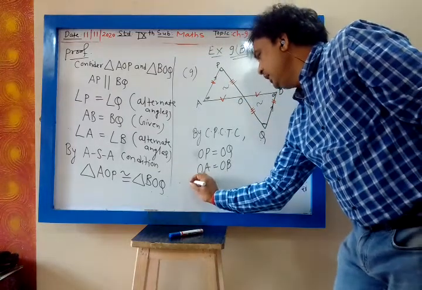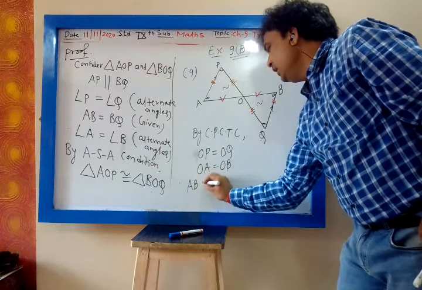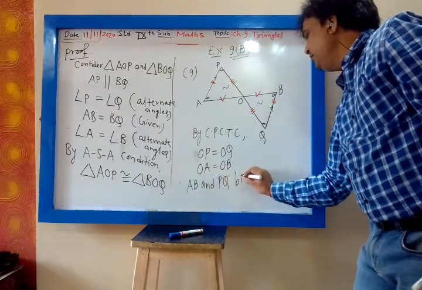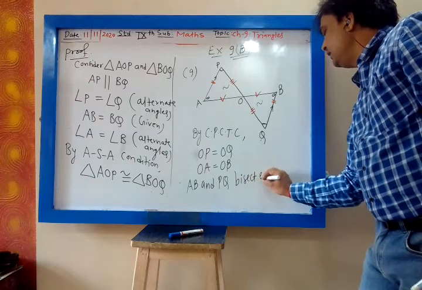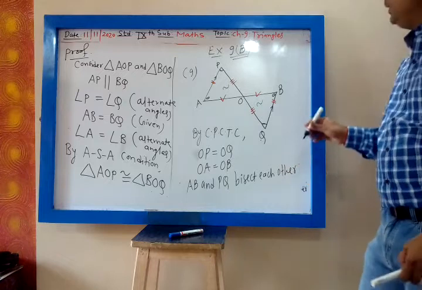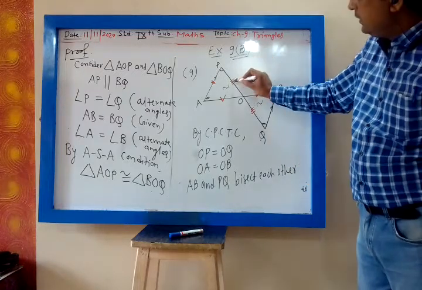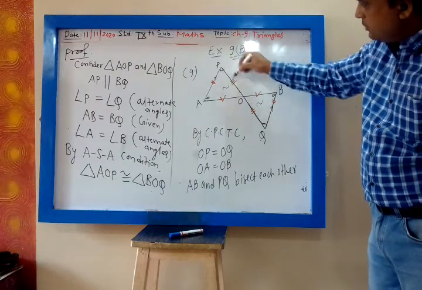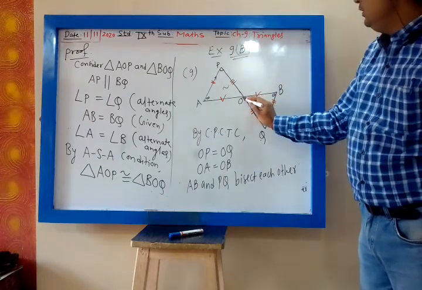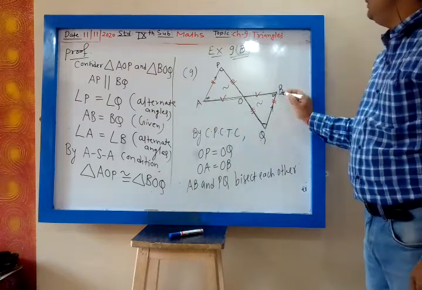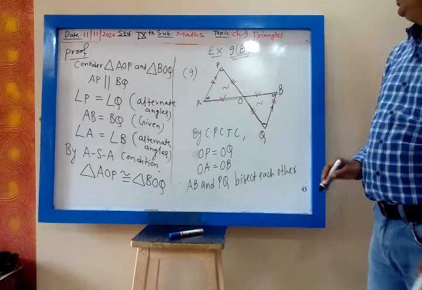So we write AB and PQ bisect each other. AB and PQ bisect each other because this side is same as this side. That means PQ is bisected. Then OA is same as OB. That means AB is bisected by PQ. So OP,